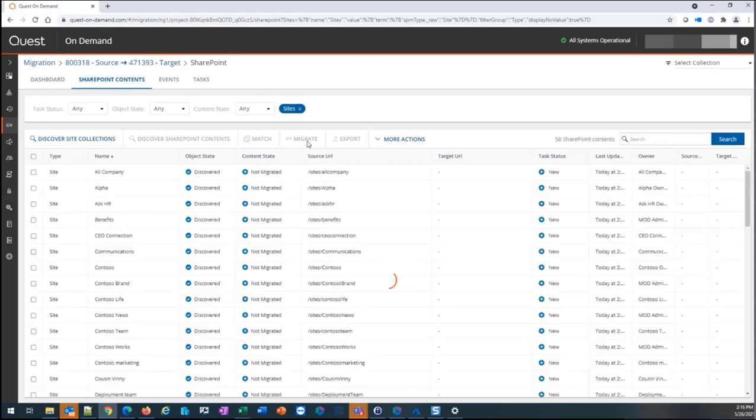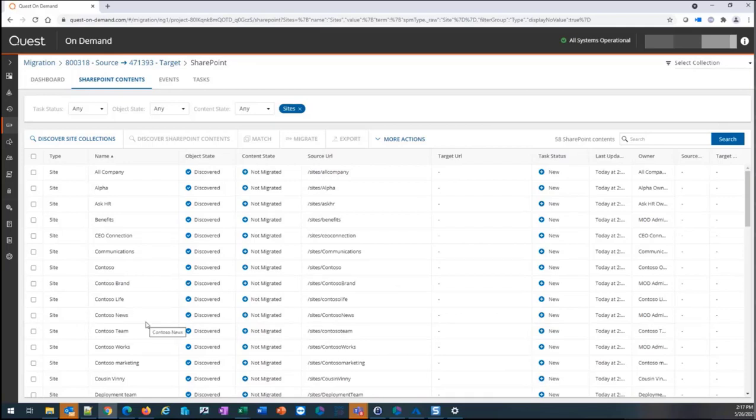One of the things that you can do within On-Demand is create what we call collections. This is your own grouping of specific content. So for an example, I have several site collections by the title Contoso. So if I wanted to, I can create a collection of these sites to only work with that content. I will do that for Contoso as well as for sales. And what we'll do is we'll add that to the collection